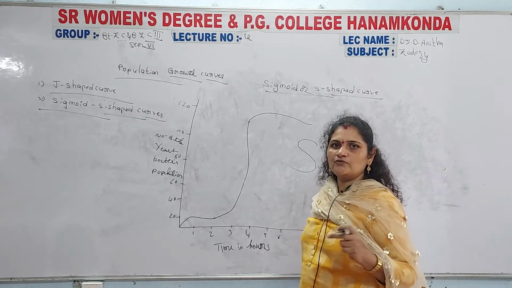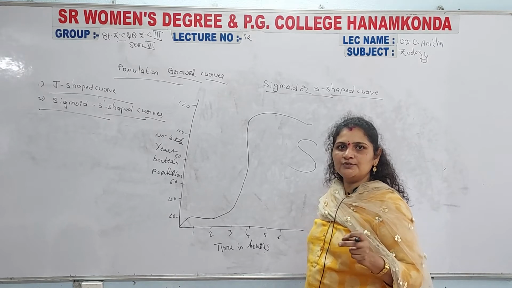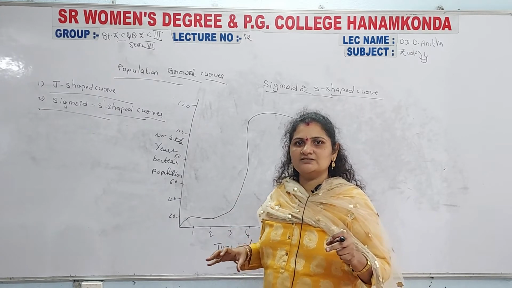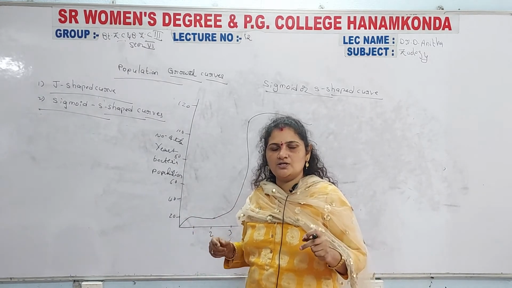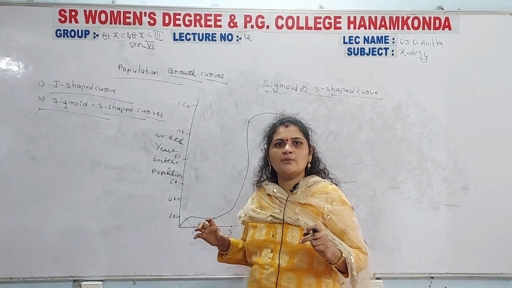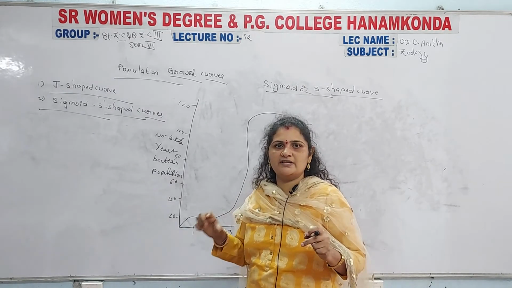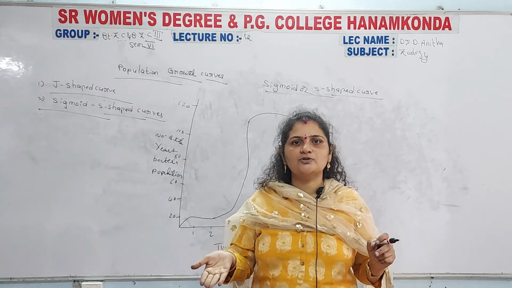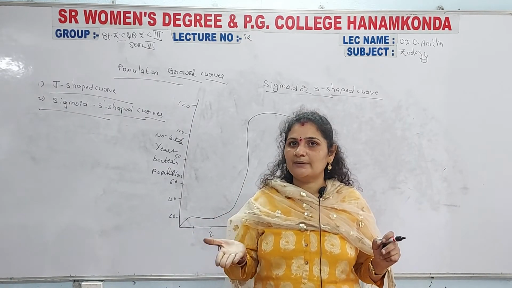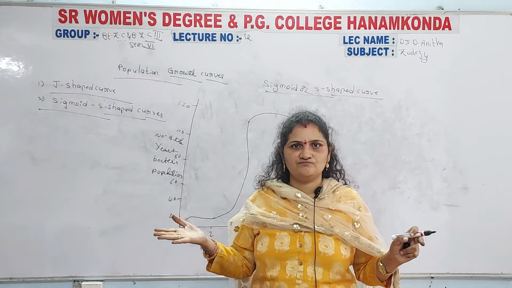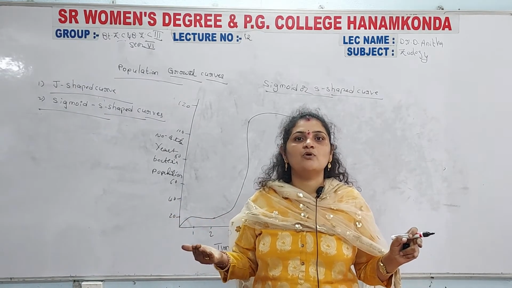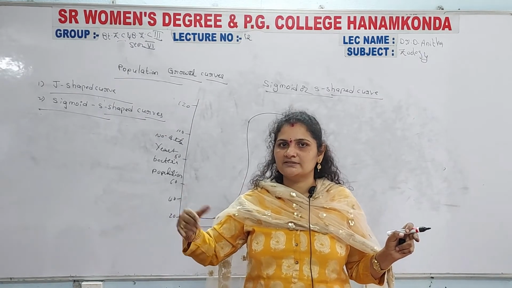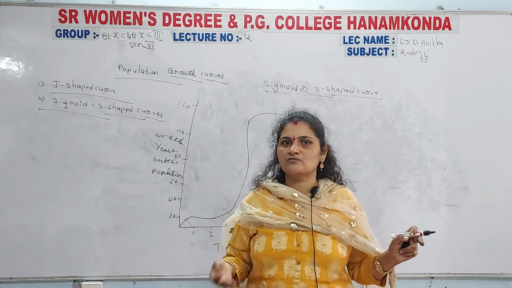Why? Because we introduced one population in a new place in a particular area, and that should bear all the favorable conditions. Then what happens is the rate of population growth gradually increased, occurring very slowly. Why? Because those populations first have to adapt to live in that particular area. So that can take some more time, and only then do they participate in reproduction, and the rate of reproduction increases.